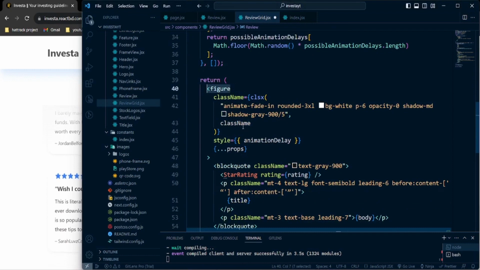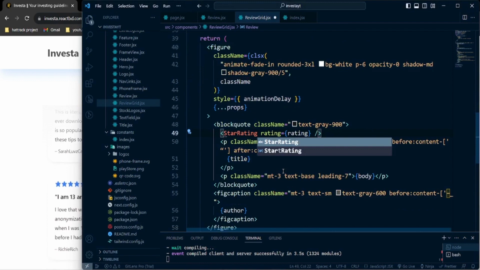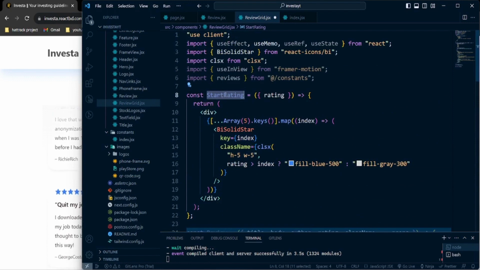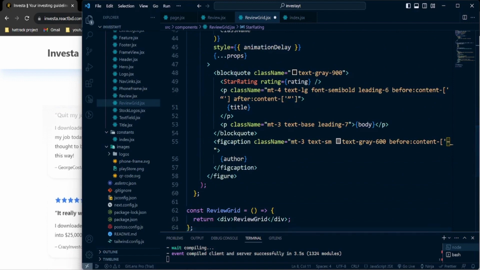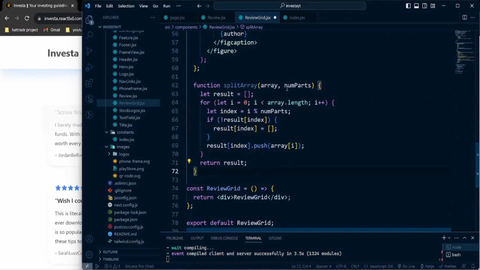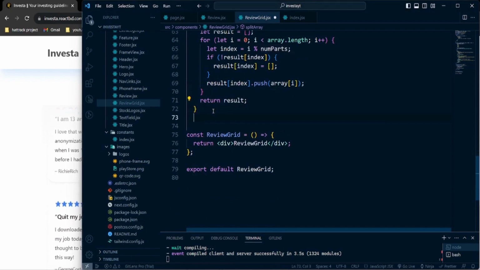Then we are passing a figure. Inside that figure, inside the blockquote, as you see, we are giving that star rating. Okay, that is star rating, I believe. So that's the star rating we're going to pass. And just toggle through this simultaneously, because then you'll make sense of it. Also we're going to split the array according to the number, and then push through it. And also another last thing we may require is